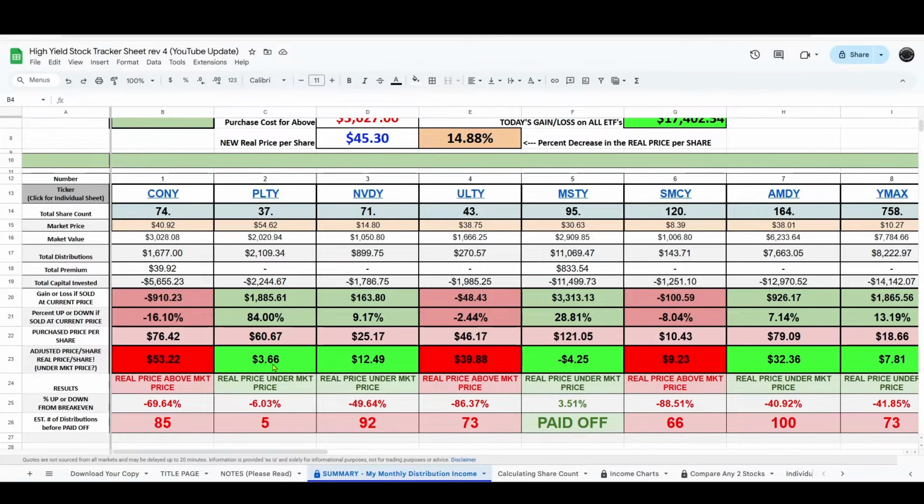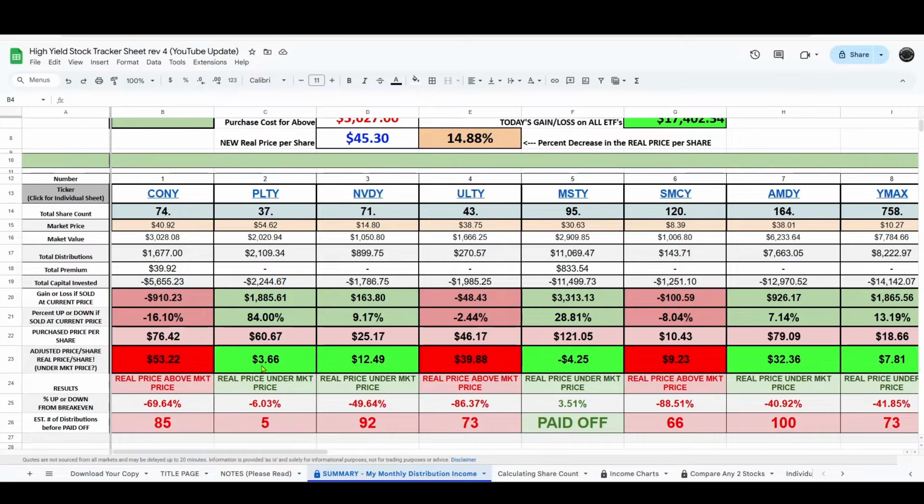Now, in my method, of course, I do not purchase any more shares if it is green for that ticker. The green part meaning that adjusted price per share is actually below that market price. Like on PLTY, the market price is $54.62, but my real price per share or my adjusted price per share is